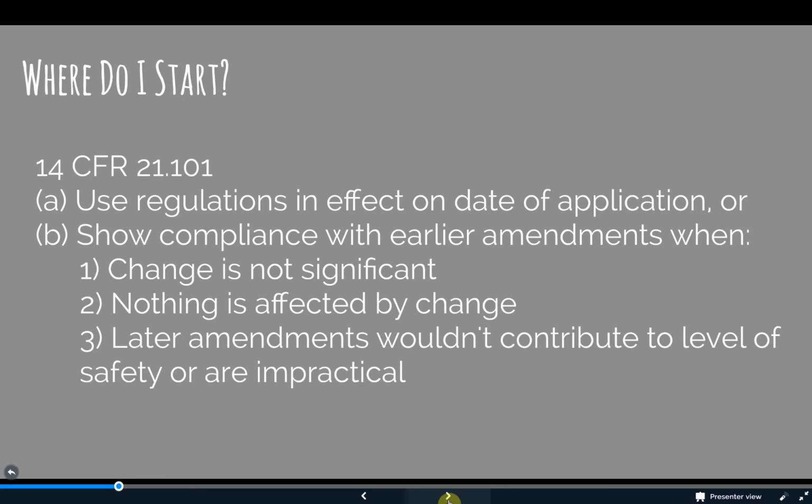That's a significant change to the assumptions that have been made. 2. Each area, system, component, equipment, or appliance that the FAA finds is not affected by the change. 3. Each area, system, component, equipment, or appliance that is affected by the change would not contribute materially to the level of safety of the product or would be impractical, imposing damage tolerance on an aircraft that was originally not